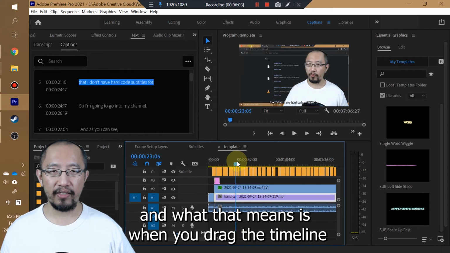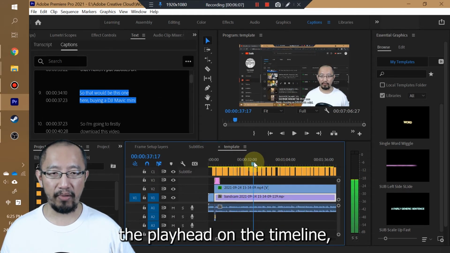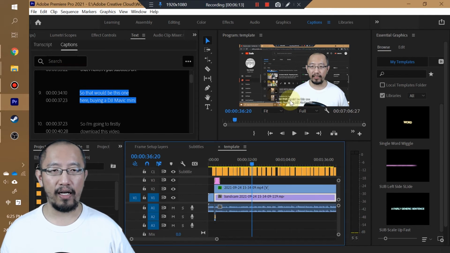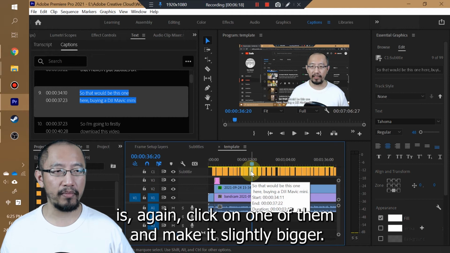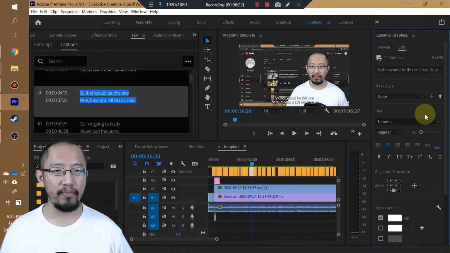And what that means is when you drag the playhead on the timeline, you can now see the hard-coded subtitles. And then all you have to do is, again, click on one of them and make it slightly bigger. So I think we said 60 last time.